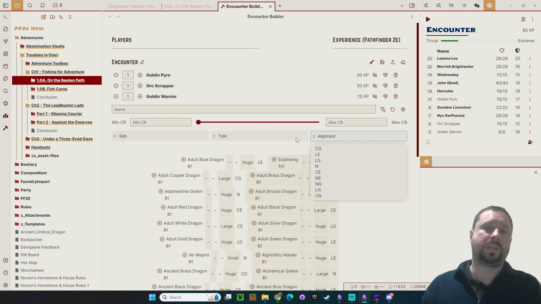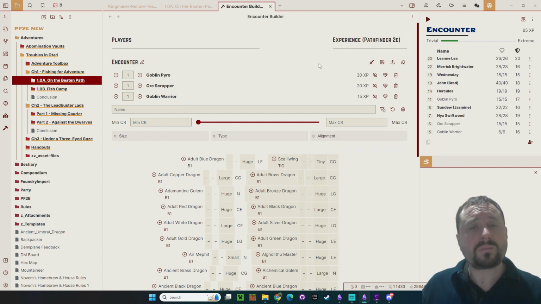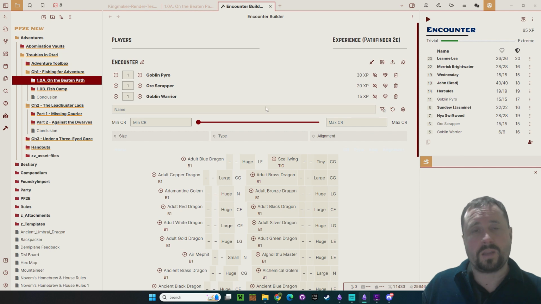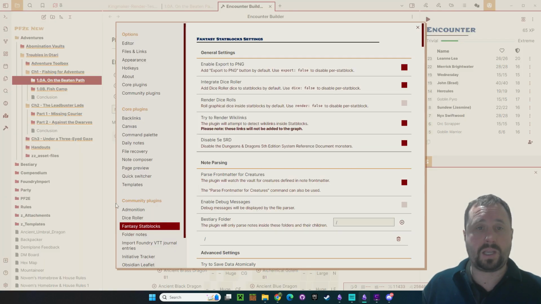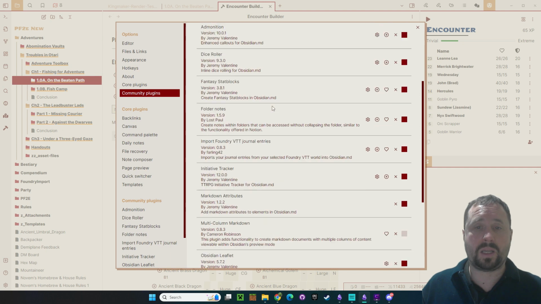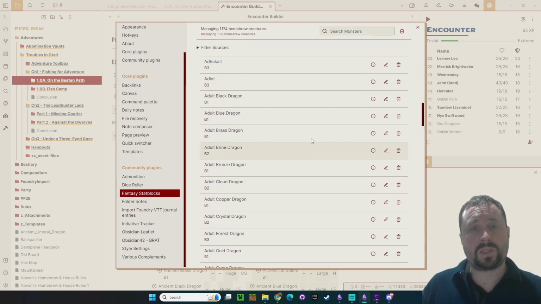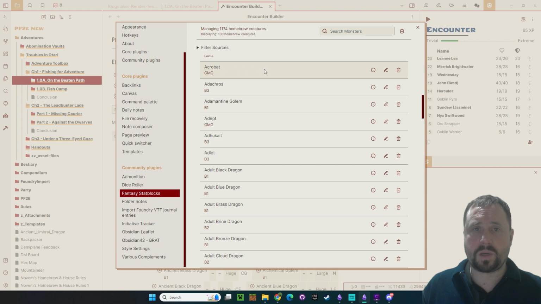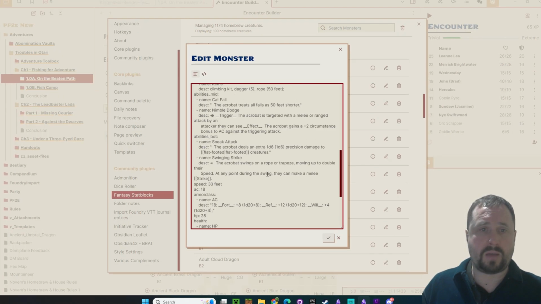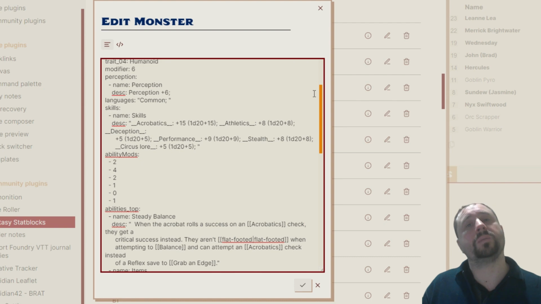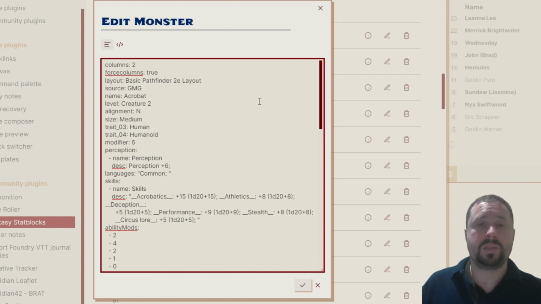I was like, alright, I think I'm starting to get this, something I'm starting to understand. Now, in order for you to understand, I think the easiest way to show you is to come down here to settings and come down here to community plugins, and we're going to find fantasy stat blocks actually down here on the left. We'll just come down to a monster. Alright, we'll go an acrobat and go edit, and we'll have a look. And this is the raw data that obviously feeds this plugin, and this is where I thought this is where it's going on. And you'll notice that the slider was using the field CR,